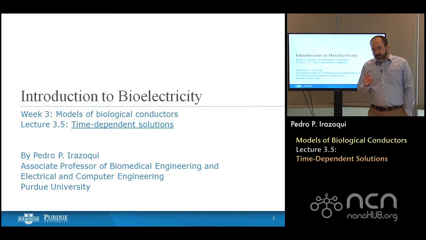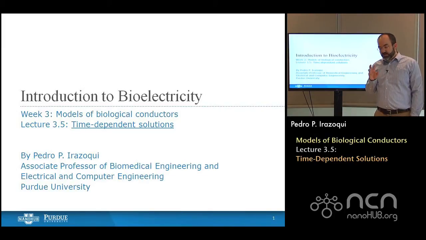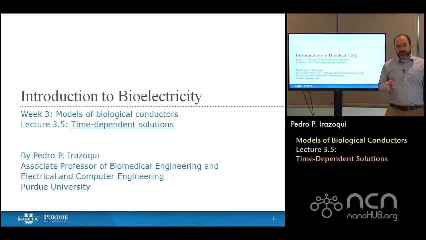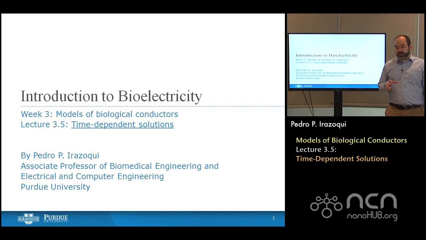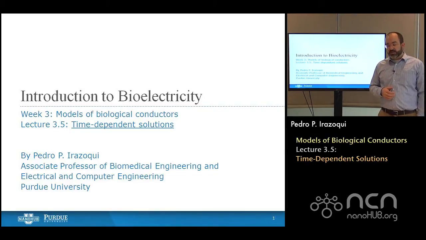Then we started to look at the models, and this week we started to look at the models that have been developed to describe the electrical behavior in cells and how those models account for various processes and which sorts of processes they do not account for. We began in the first lecture of this week by looking at electrically large and electrically small cells. We went on to develop the core conductor model, which describes the relationship between membrane currents and voltages inside and outside of the cell. Then we talked about the equivalent circuit for the membrane, and we developed the cable model